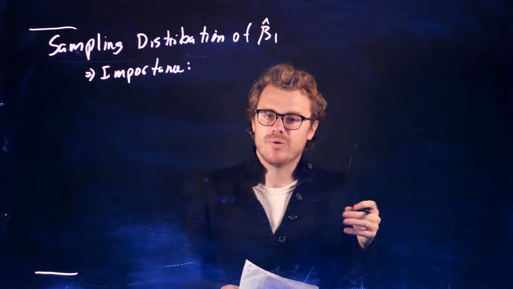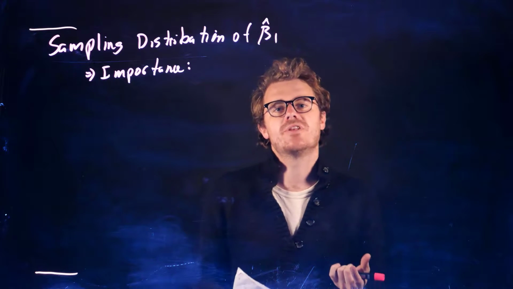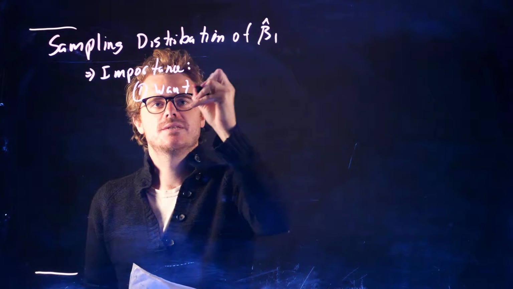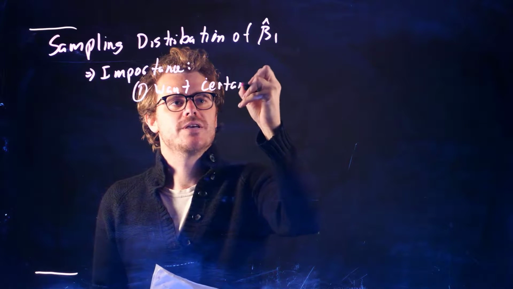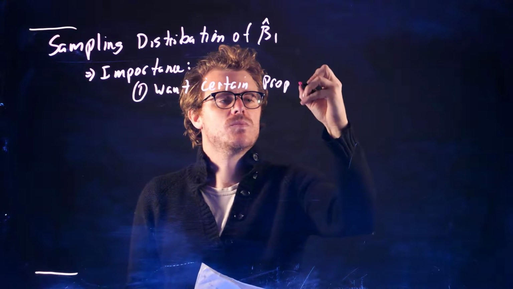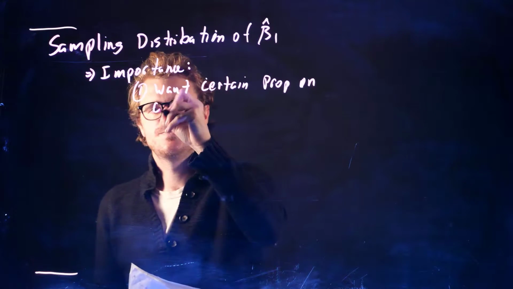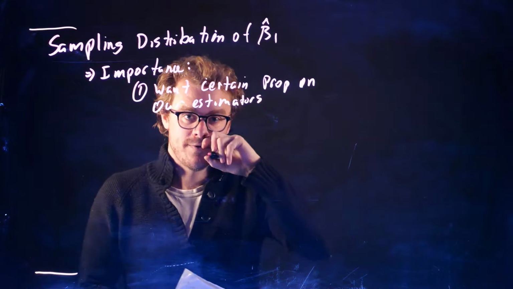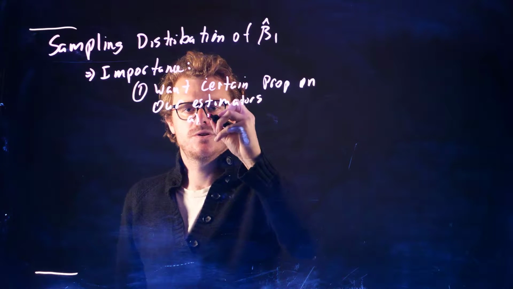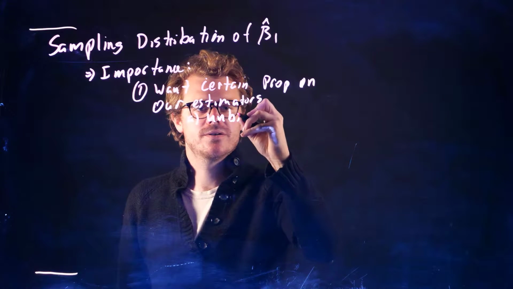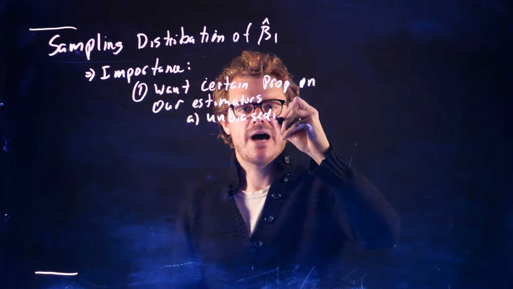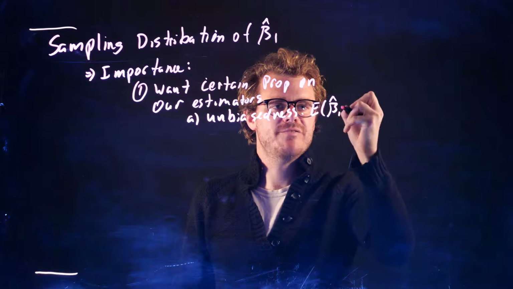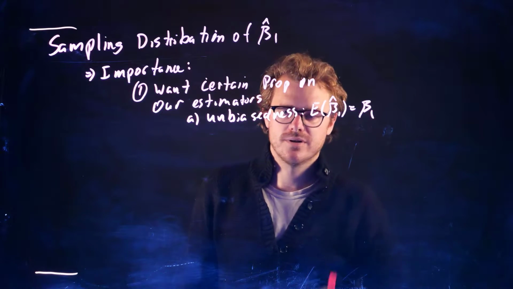The first thing, we've already talked about with the appendix, is that we want our estimators to have certain properties. And if you remember, the two that we talked about, in terms of finite sample, were unbiasedness. So this would be the idea that the expectation of beta hat 1 is the true value of that beta